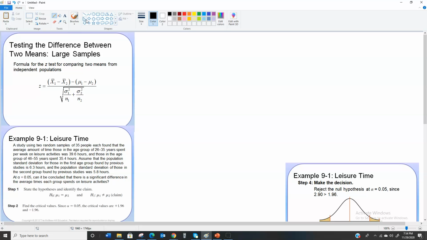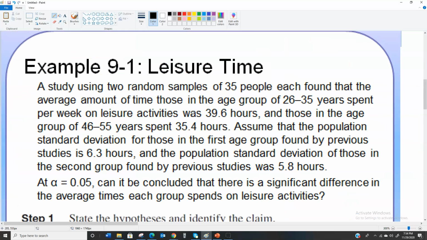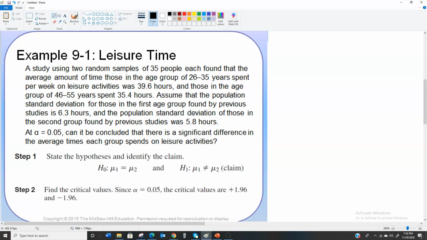So this is what a problem might look like. This one says a study using two random samples of 35 people each. So in this case, 35 people each. They are the same size. And so N1 is 35 and N2 is also 35. And in the age group of 26 to 35 years, I'm going to just call this the younger group, because I think that listing the age ranges makes it confusing, too many numbers. So in the younger group,